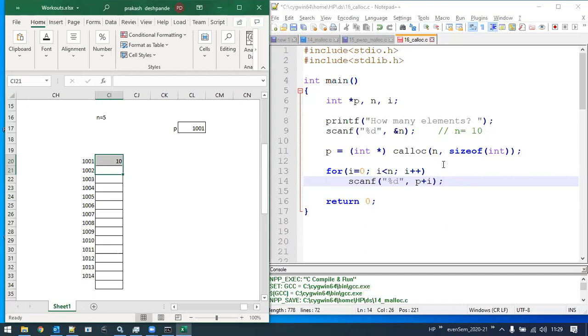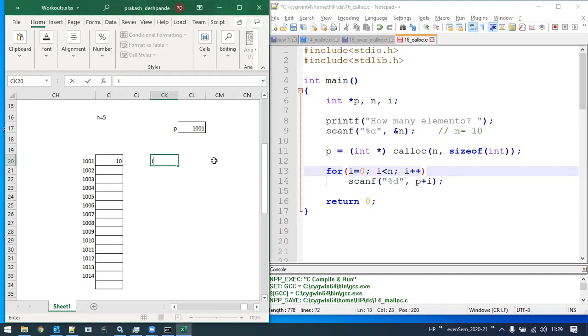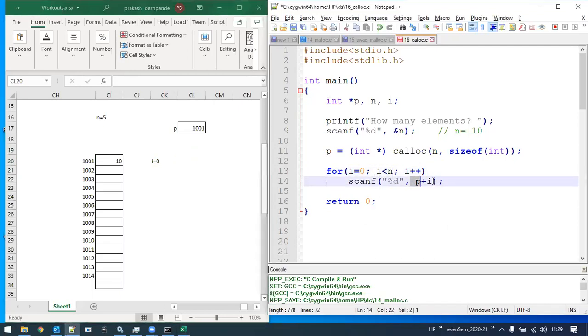Now, for the second time, when i gets incremented, this is i equals 0. When i becomes 1, the condition is true, then it comes to the scanf statement, which says P plus 1. So P plus 1 means 1001 plus 1.